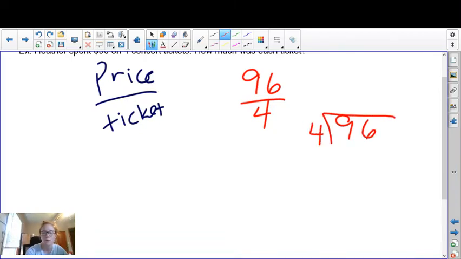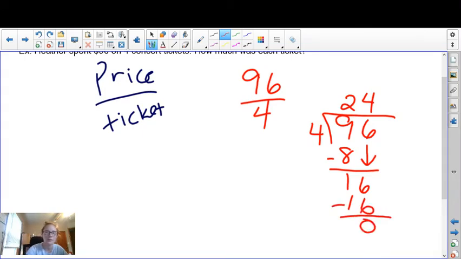So how many times can 4 go into 9? 4 can go into 9 twice. 4 times 2 is 8. 9 minus 8 is 1. Bring down the next number. How many times can 4 go into 16? 4 can go into 16 4 times. 4 times 4 is 16. Ooh, I said 4 and I wrote 4. I meant 16. And I have 0 left over. So each concert ticket